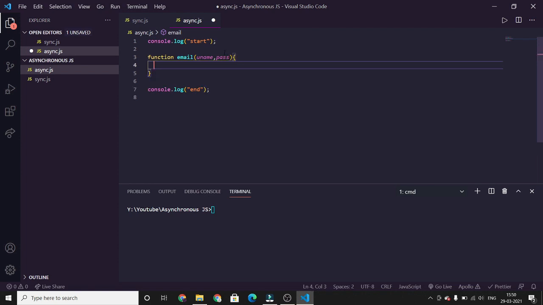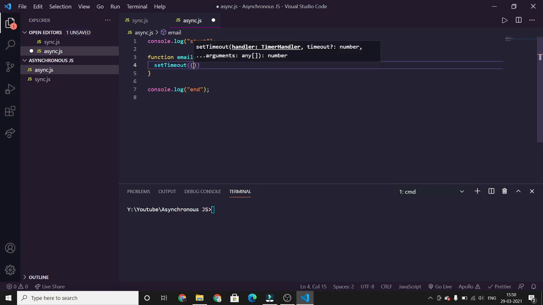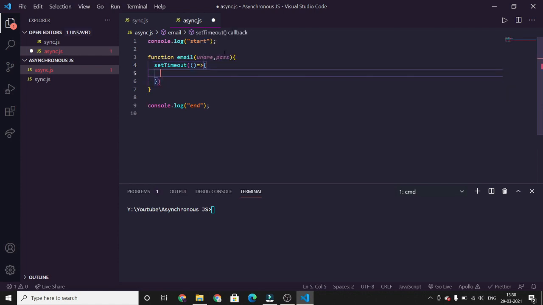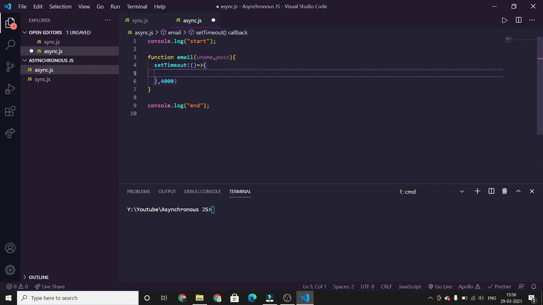As you know, the server will take time to respond, but you don't know how much time. To demonstrate that, we are using the setTimeout function. Let's assume that the server will respond in 4 seconds and it is returning an object.